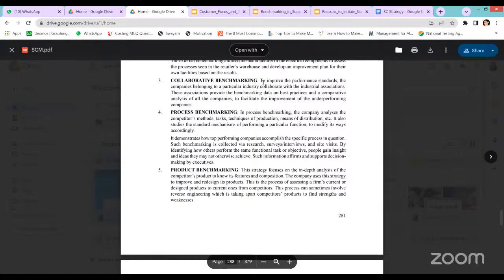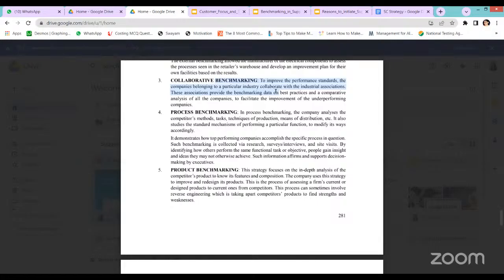Collaborative benchmarking: to improve performance standards, companies belonging to a particular industry collaborate with each other or with industrial associations and develop some benchmarks, and accordingly they try to improve the underperforming companies. So what do they do in collaborative benchmarking? It is not only growing my own self. By collaborating with other firms in the same industry, I see that they also meet the